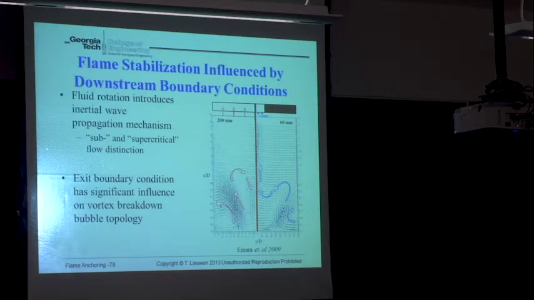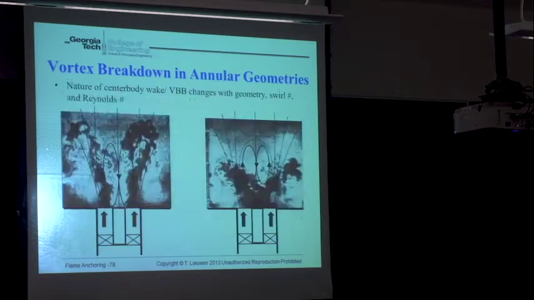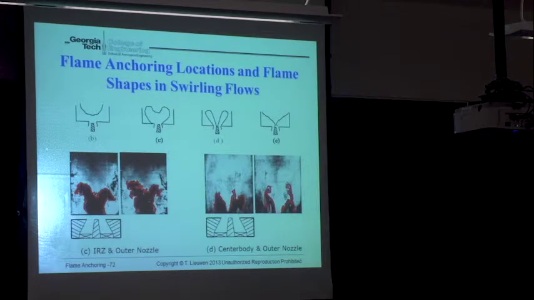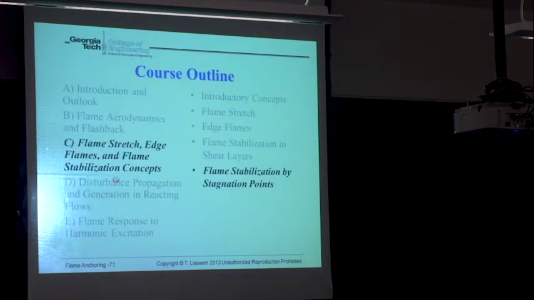boundary. Depending upon the length of your quartz tube, depending upon the degree of contraction, you can in fact change whether you go from configuration D or E straight to blowoff, or if it goes from E to B, just based upon the downstream boundary condition. Again, that might be non-intuitive, because if you were looking at a bluff body stabilized flame, you know,